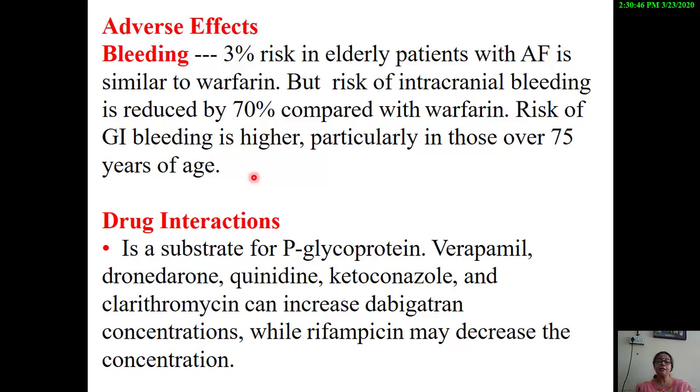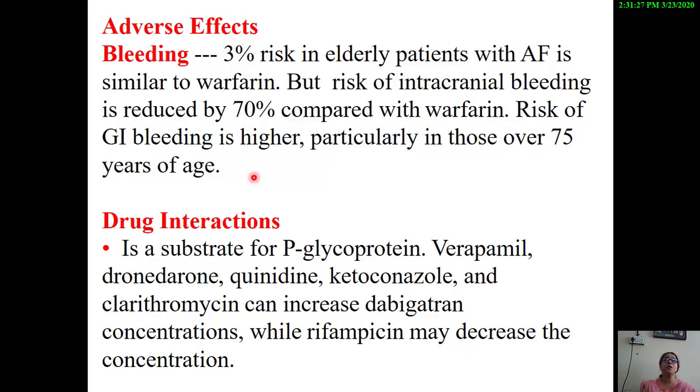And dabigatran is a substrate for P-glycoprotein. If you remember your general pharmacology, P-glycoprotein is an efflux transporter, which means that it's a one-way transport efflux which is carried out with the help of P-glycoprotein. And for P-glycoprotein transporters, there are certain drugs which may inhibit this P-glycoprotein transporter. For example, drugs, this is not an all-inclusive list, but drugs like verapamil, ketoconazole, erythromycin, clarithromycin, they generally inhibit the